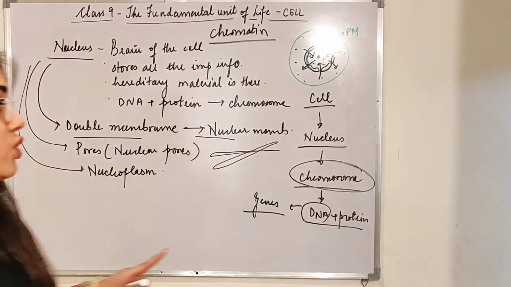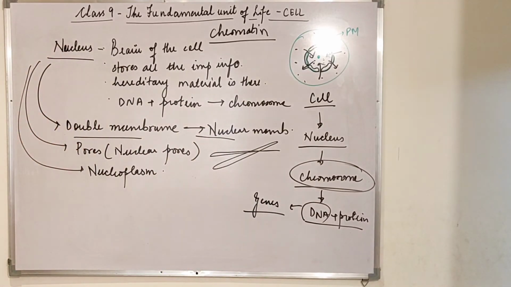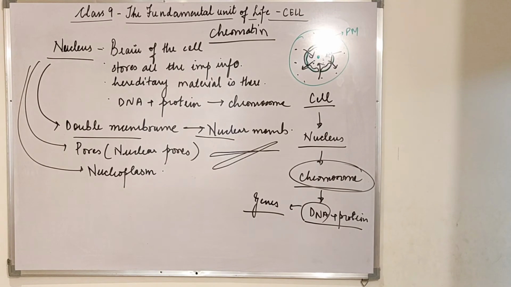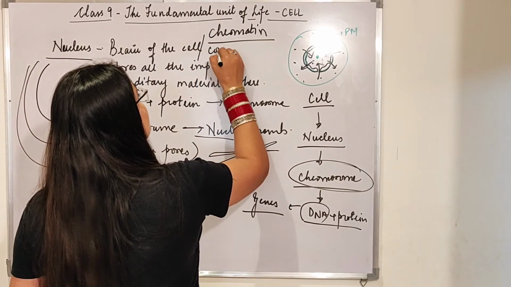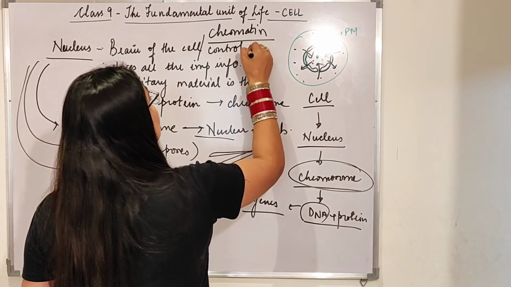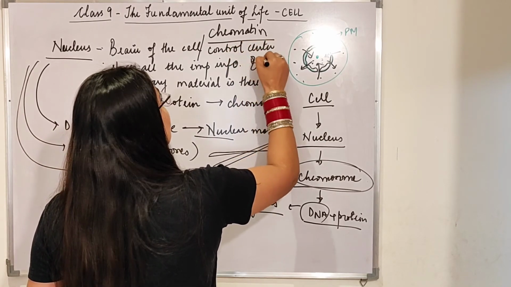So these chromosomes are made up of DNA and protein, beta. This is all very, very important. Make sure you are labeling and marking each and everything very carefully, right? Chromosome is always storing everything, every detail of the body. So the nucleus is also making RNA and protein, right? And it is the control center of the cell. Brain of the cell, write it down, control center of the cell.